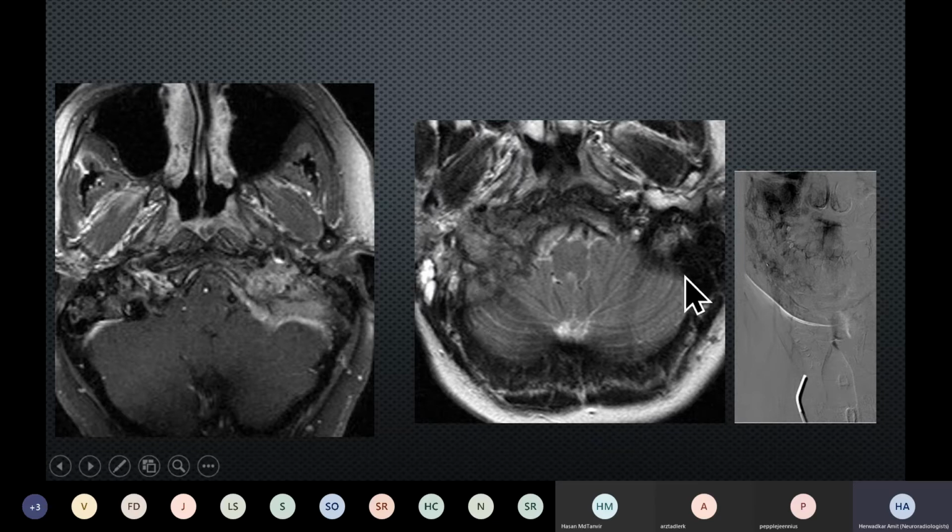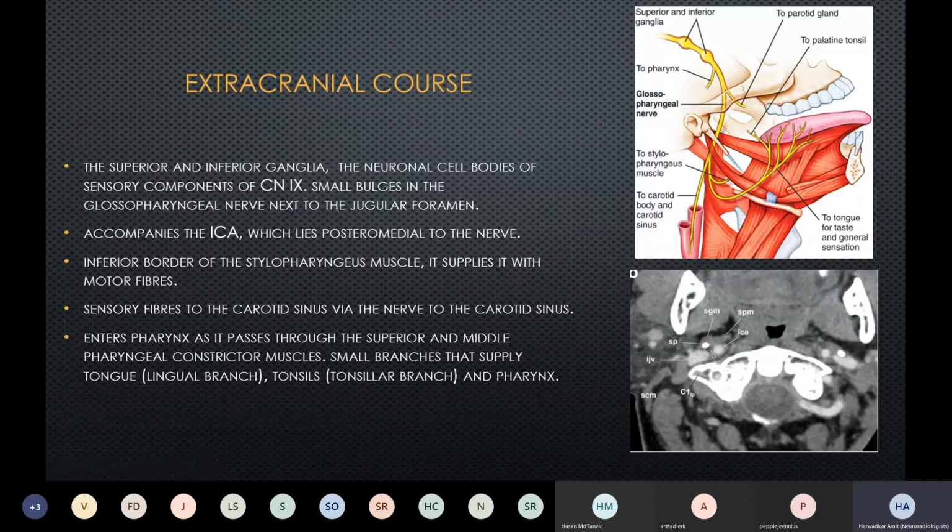So this is the normal appearance of the sigmoid sinus with low signal on T2 weighted sequences, and this converges into the jugular bulb over here. Whilst here there is tumor within the jugular bulb which has invaded and thrombosed the sigmoid sinus, and these are extremely vascular tumors which need preoperative treatment before surgical resection. So we have now looked at the nuclear component, we have looked at the cisternal component, we have looked at the jugular foramen. Now we are going to go out of the jugular foramen into the extracranial course, and this